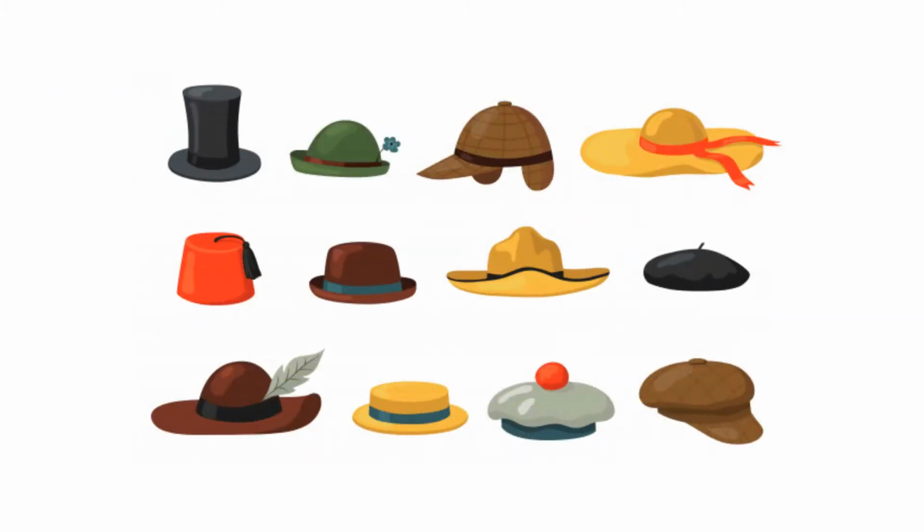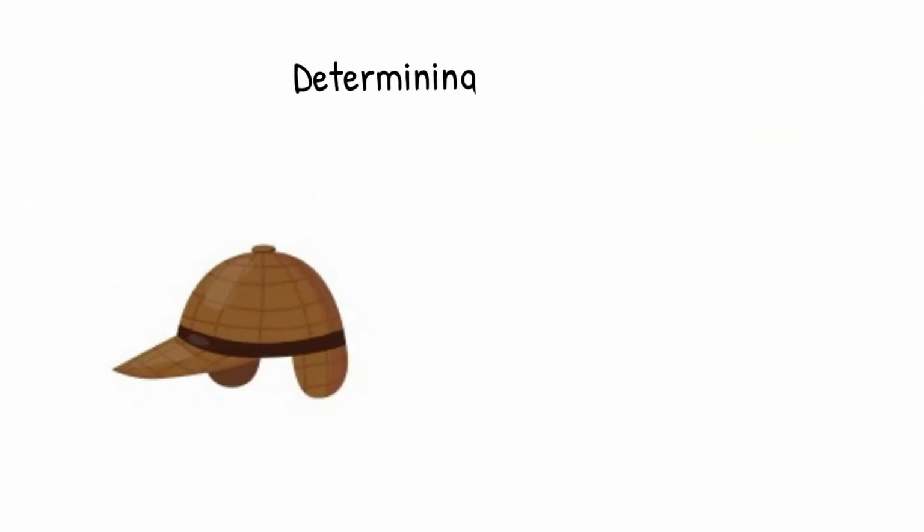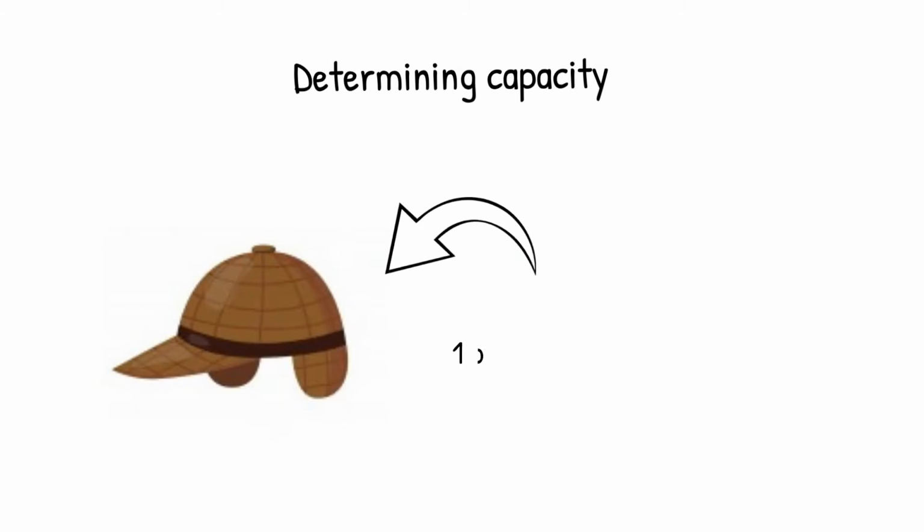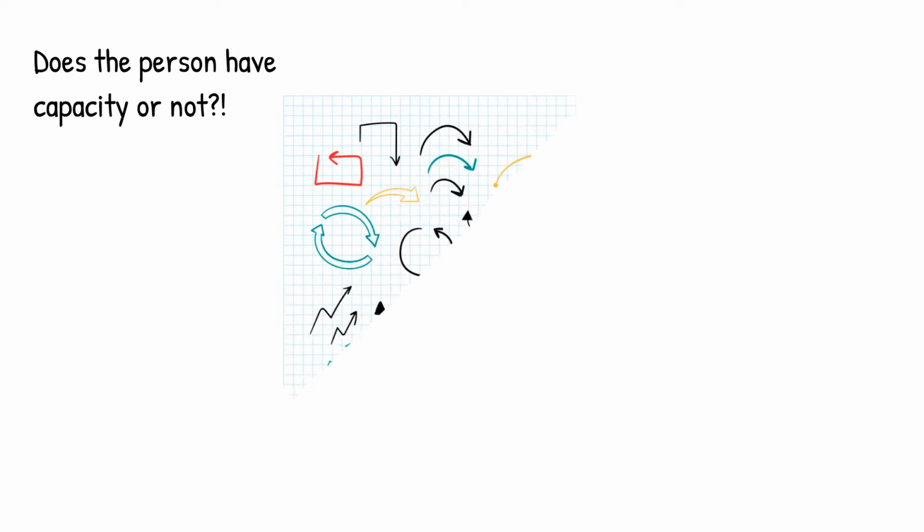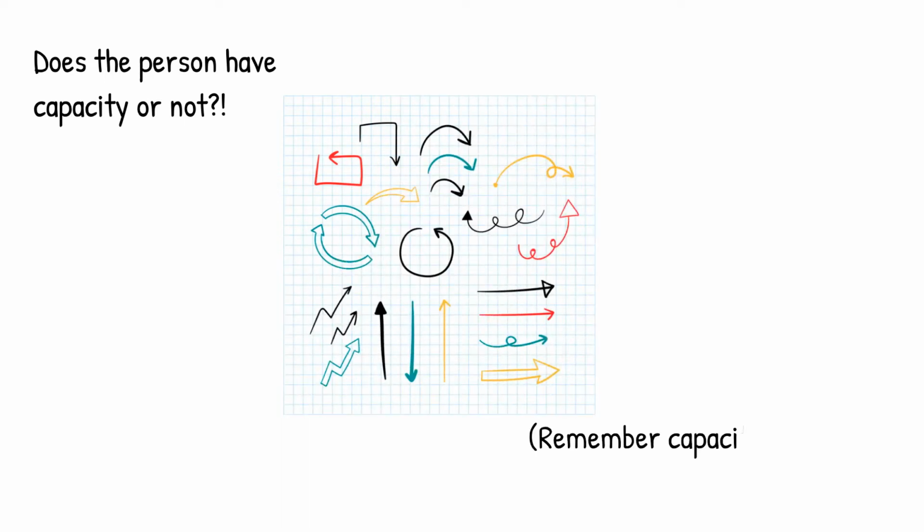The Court of Protection has various different roles, or as I like to think of it, hats. Let's take a look at some of them. Determining capacity. Sometimes we work with individuals where it really isn't clear whether they have capacity around a specific decision or not. It could be a range of factors impacting on our ability to identify this.